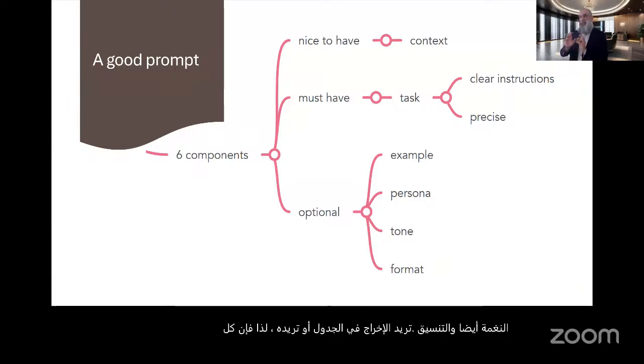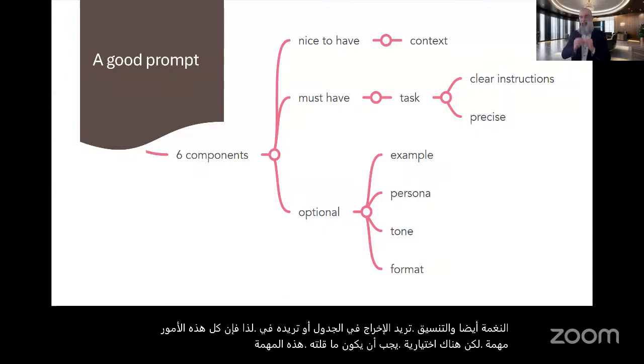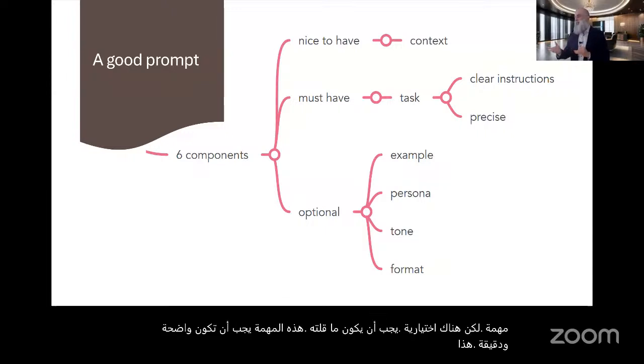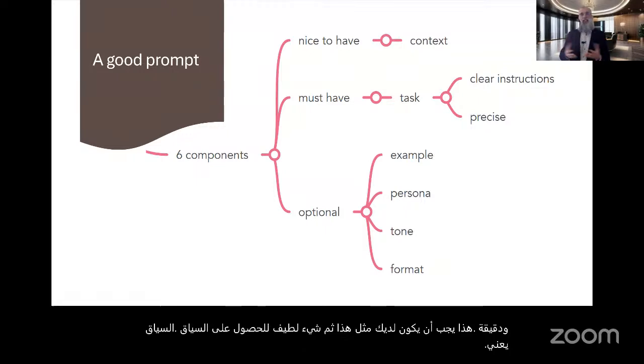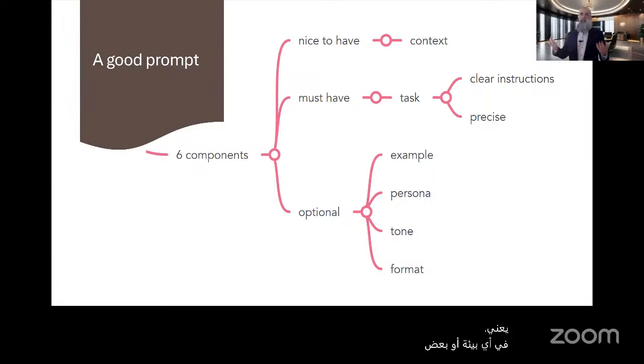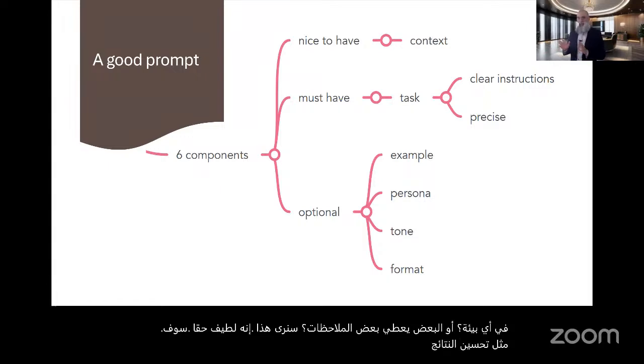The must-have is what I said, this task. You have to have it clear and precise. This is what you must have. And then something nice to have, the context. Context means in what environment, or giving some feedback. We'll see this. It's really nice. It will dramatically improve the results once you apply this one. So I'm not going to cover everything here, but I'll pinpoint the most important things that we usually use every day. Now,